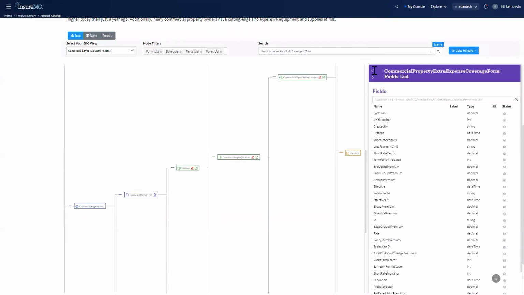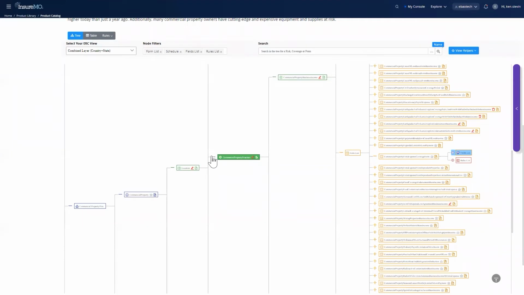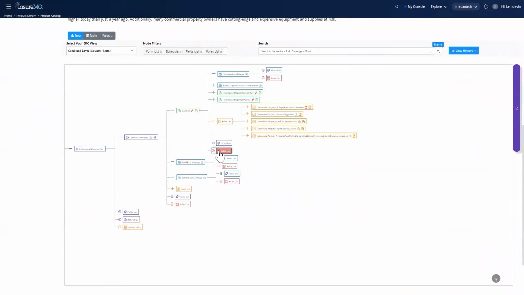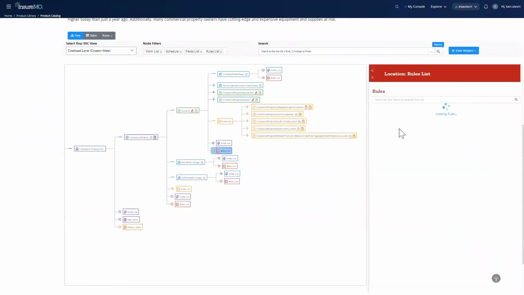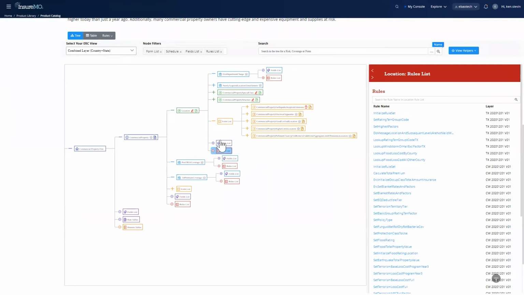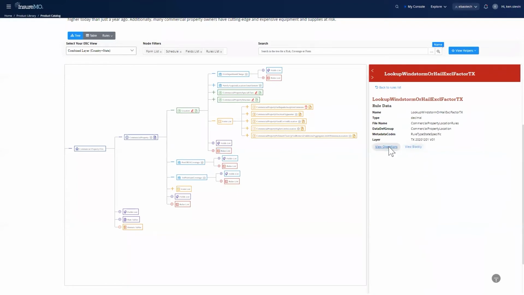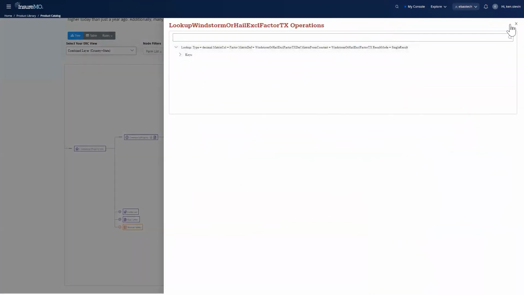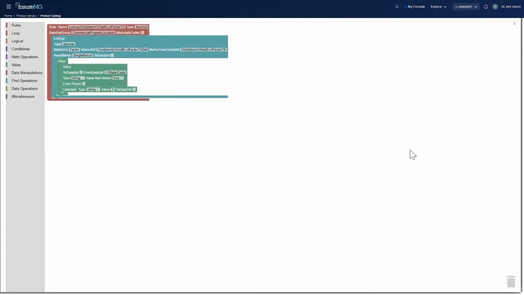Okay. Now, one thing I haven't covered yet is the rules. So let's trim down this tree again. We'll jump into one of the rules lists. And here is a list of all the rules that sit under this location level. You can see that there are some initialization rules or some lookups, all that sort of stuff as well. We have the layer, the rules in terms of where they sit, whether they're countrywide or state. And for any one of these particular rules, we can quickly jump in. We can have a look at the operation of the rule itself, or we can go into what we call